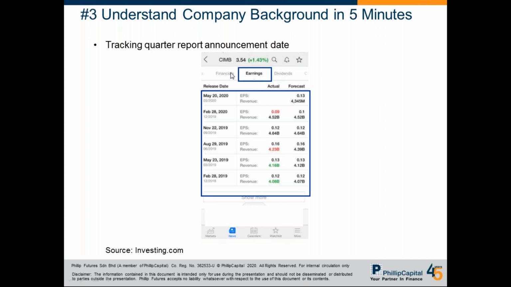You click on it, and you scroll down. You should be able to see a release date here. So over here, it tells you what are the dates that the company is expecting to release their quarter report. Sometimes it might not be 100% saying it's on 20th of May, but it will be minus or plus somewhere here. Maybe between 15 to 25, in between this date.